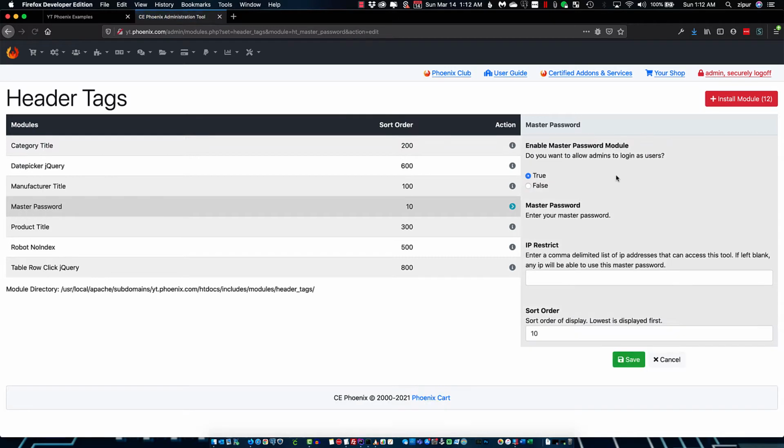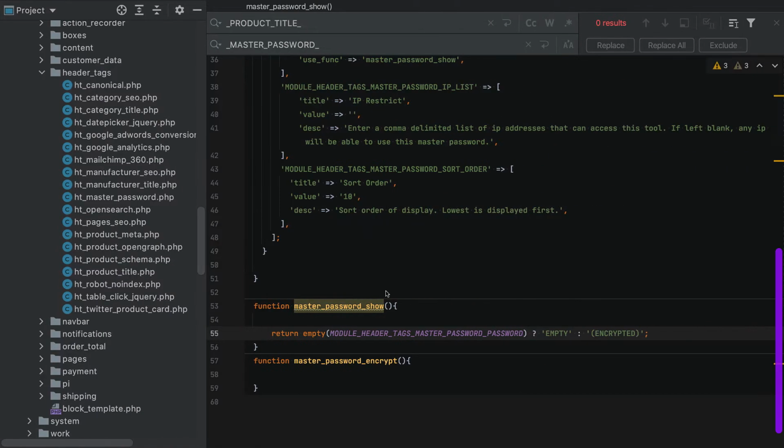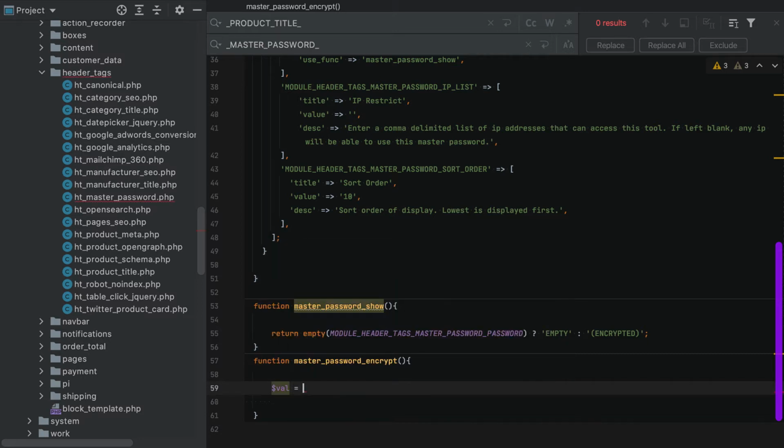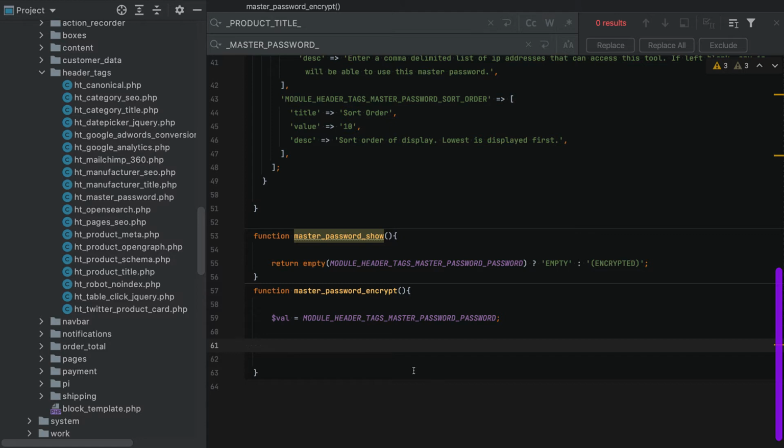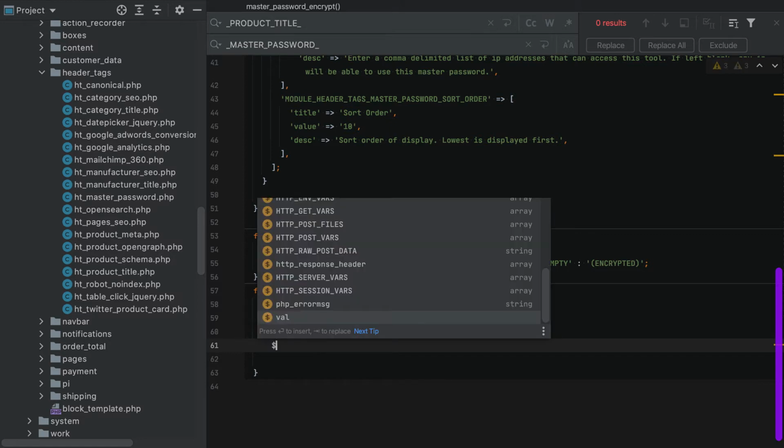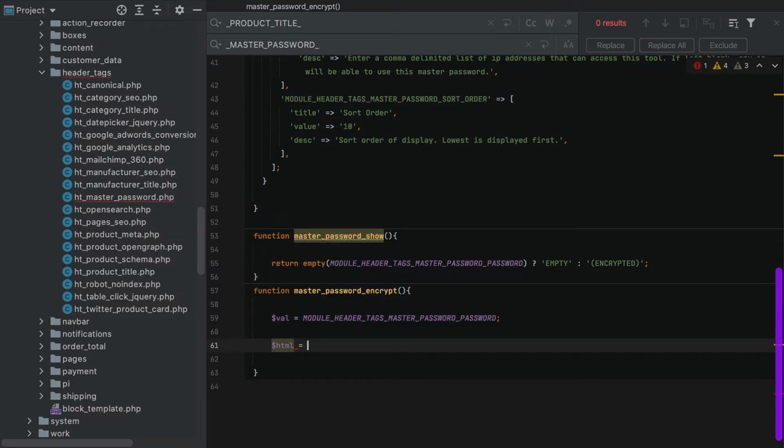Now if I click edit, I don't have a box here for the master password, so we have to write that right now as a function. So basically, we're going to make it look like this. We're going to say the value is going to be the value of that constant. So that becomes the value. Now we're going to create a heredoc block. So if I go HTML equals